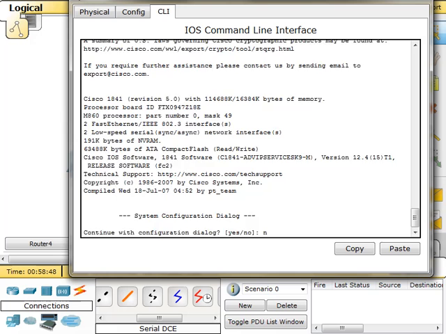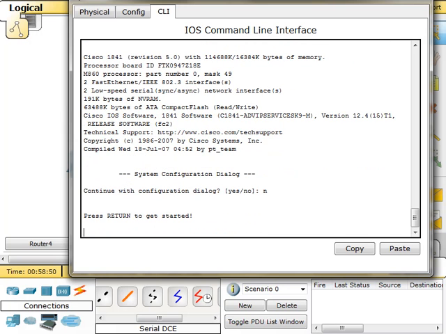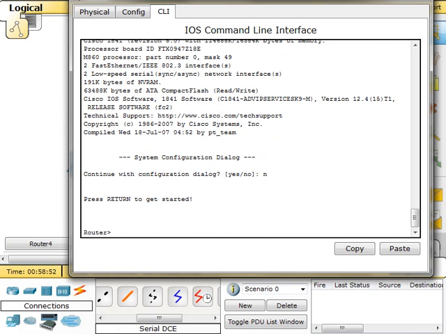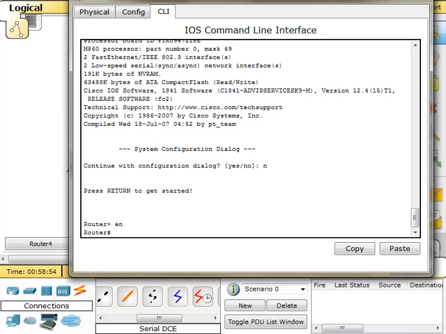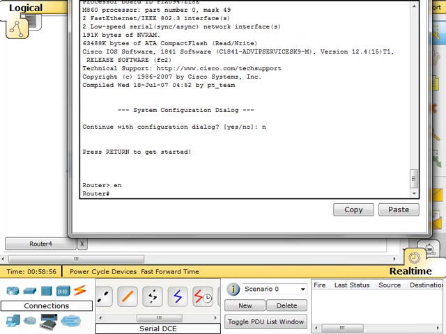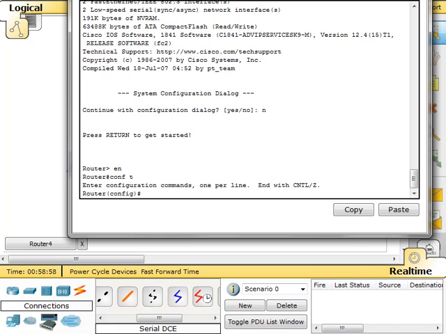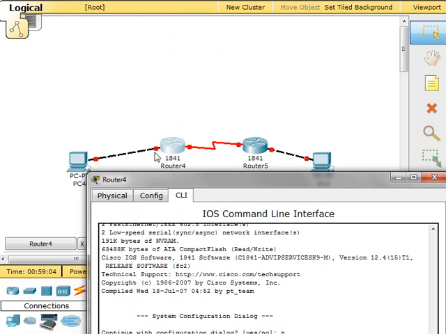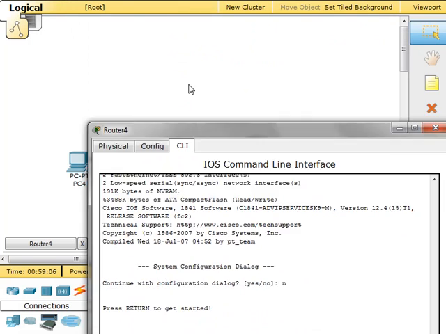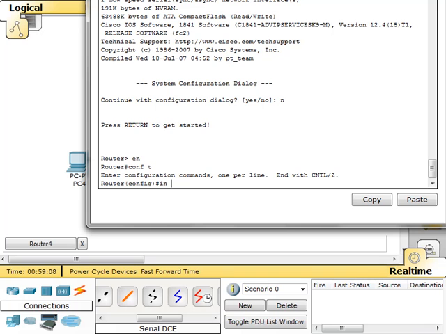No to continue with the automatic configuration, and then enable to go into the enable configuration mode. Configuration terminal, or conf t. And now I'm going to configure each of the interfaces. First off, I'm going to configure the fast Ethernet interface. I do that by typing interface fast 0/0,